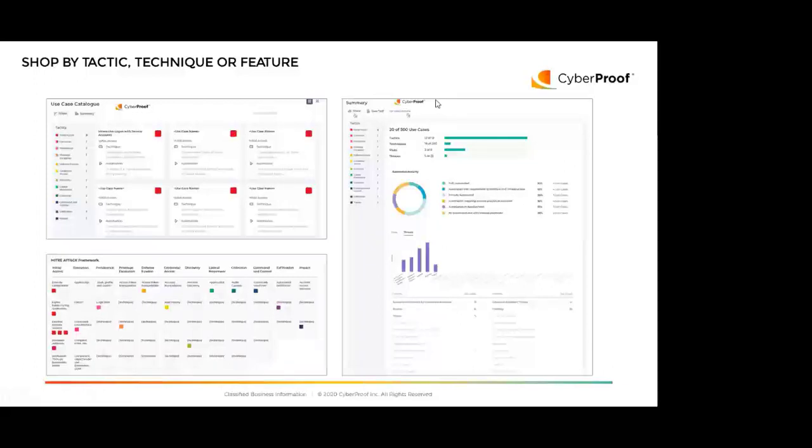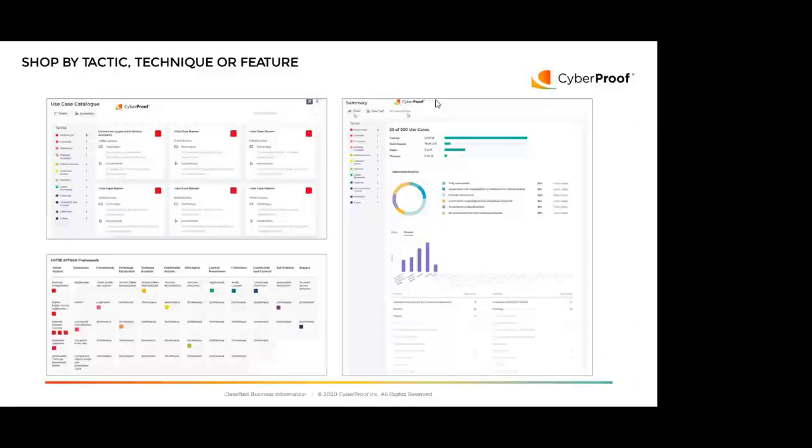So we developed a set of master use cases, and then underneath that master use case, there's various SIEM detections, integrations, playbooks. But the bottom line is the master use case contains all of the components necessary to implement that use case. And we built those into a library where you can shop for them based on tactic, technique, or